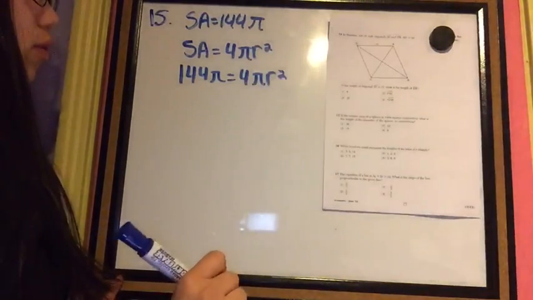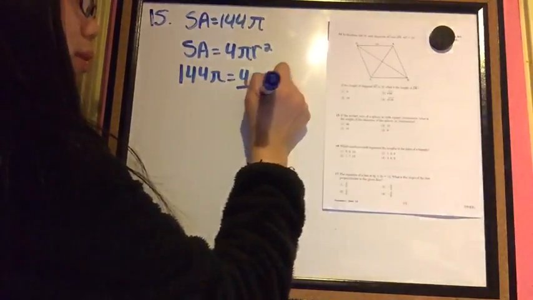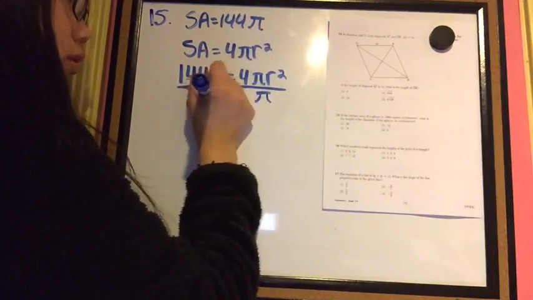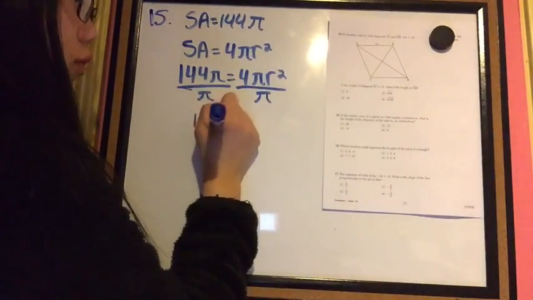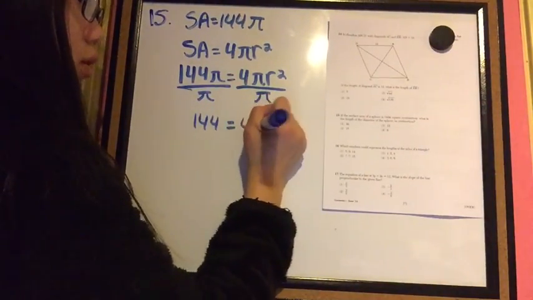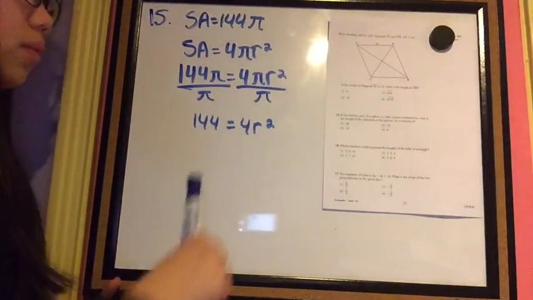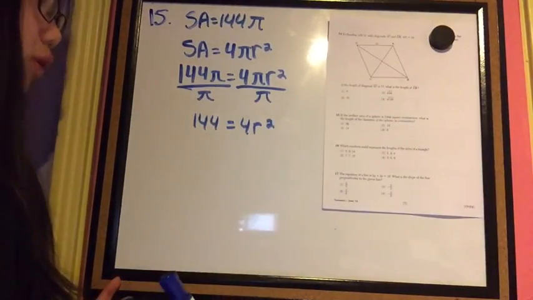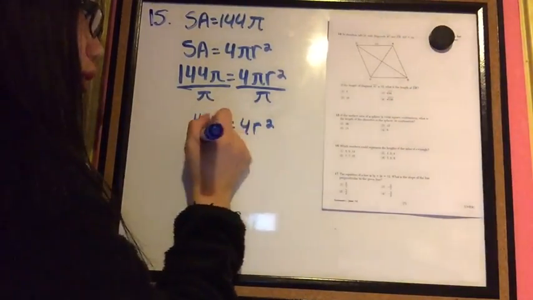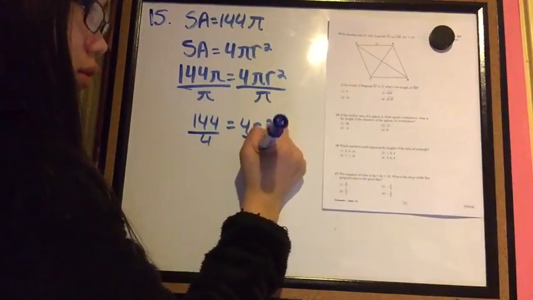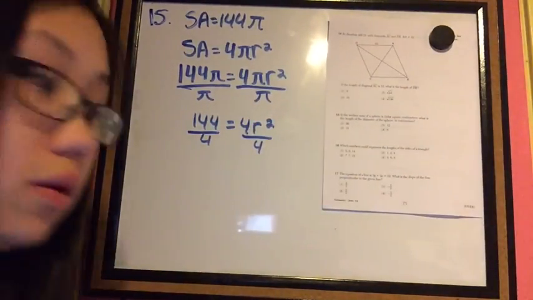Now we must solve. You can divide both sides by pi to get 144 is equal to 4 r squared. And then you can divide each side by 4,